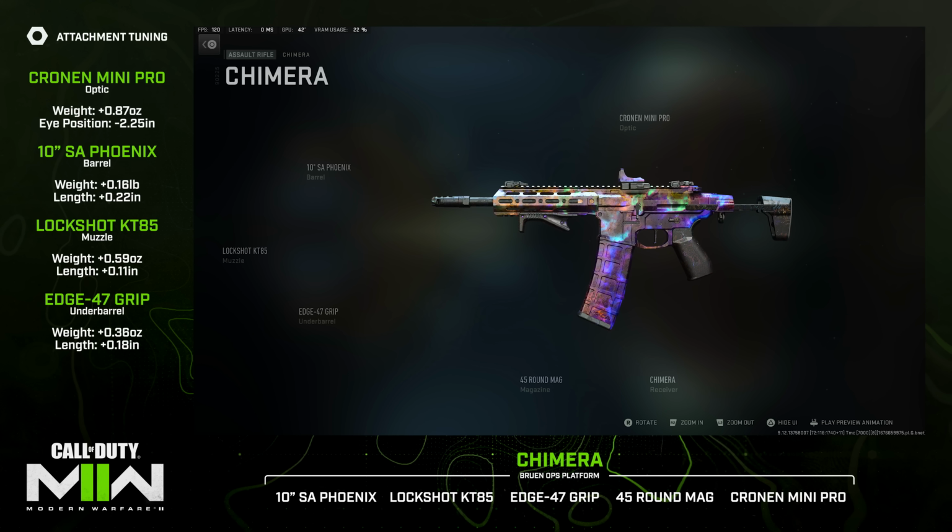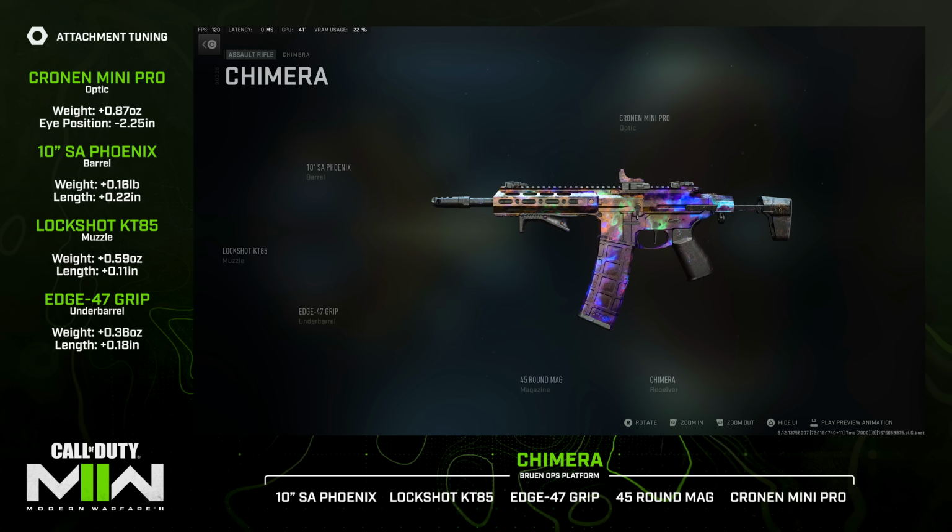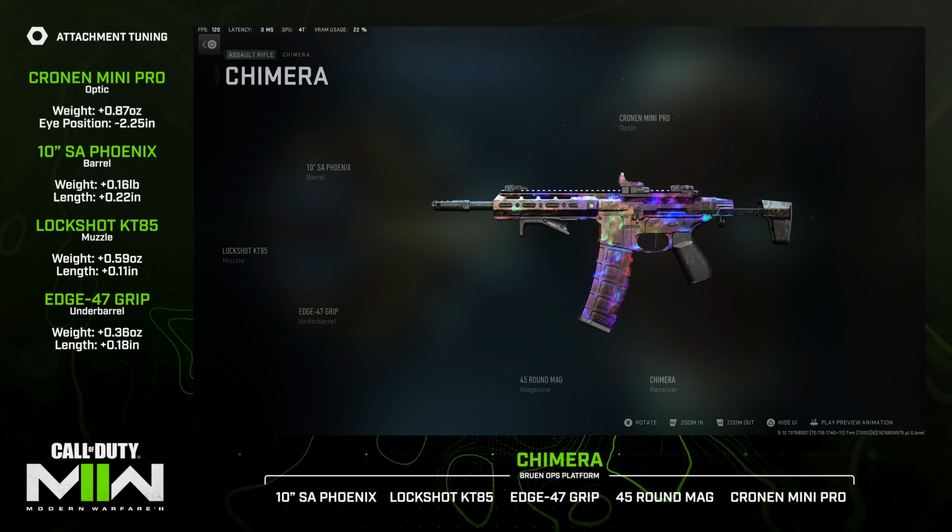But firstly, if you want to take it from medium range as your primary long range gun with an SMG or a pistol, I'd recommend the 10-inch SA Phoenix barrel, the Lockshot KT85 muzzle, the Edge 47 grip, the 45 round magazine, and if you want something at a distance, I'd recommend a bit more precision like the Cronin Mini Pro, a red dot or an optic of your choice. But again, that's where we can transition into a bit more of a closer quarters build with this as well,